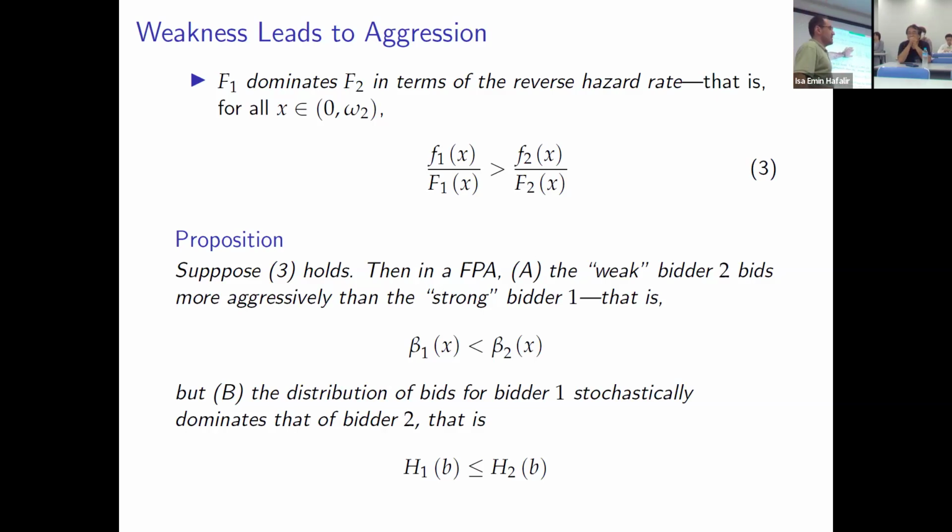And this is an assumption also used in other mechanisms and other literatures too. So the reverse hazard rate stochastic dominance. We assume this, and then we can get the following two results. The first one is that